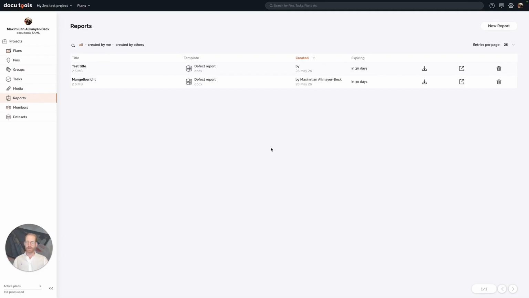So that was the first variant of docu tools. I've just shown you how to create a project, how to set it up, how to collect data on site, how to sync it back to the cloud, and how you can then turn this data into a report on the web interface. Of course, there are many, many other functions in docu tools that would go beyond the scope